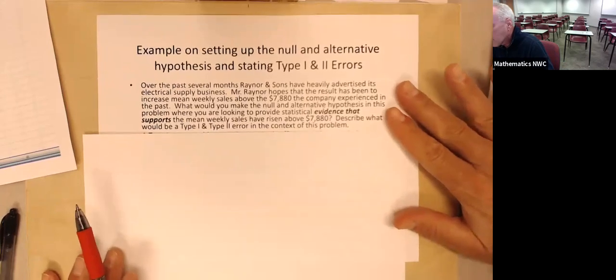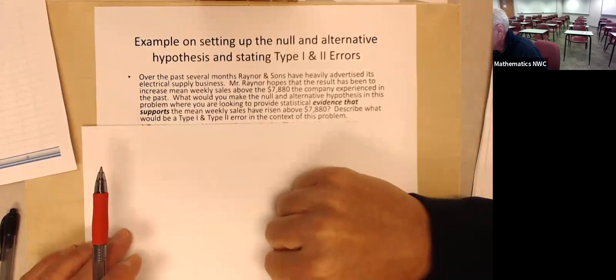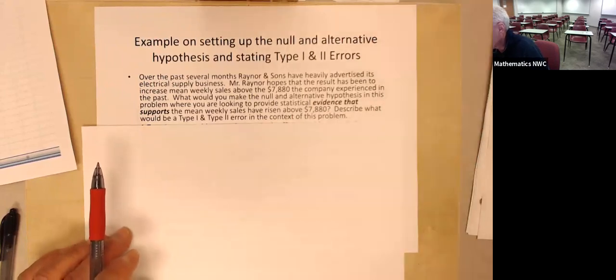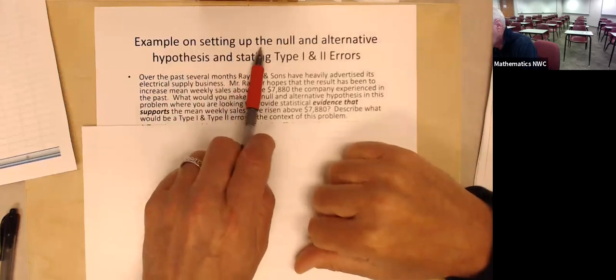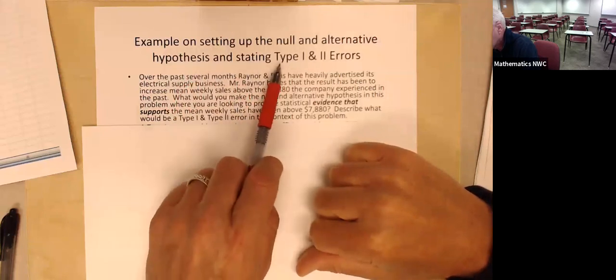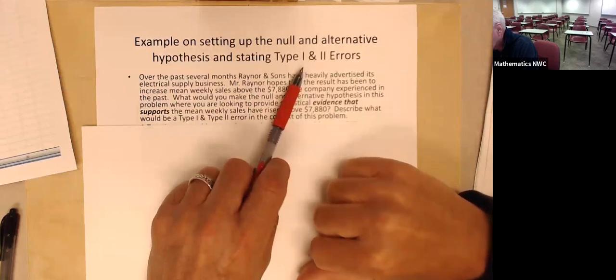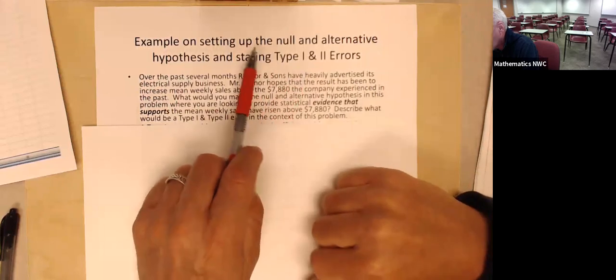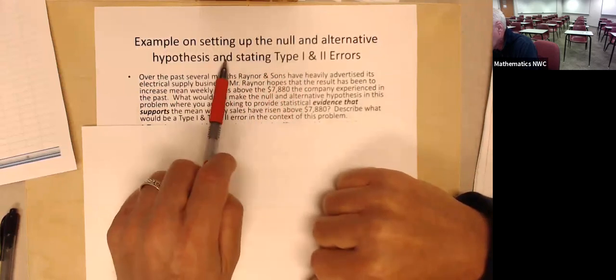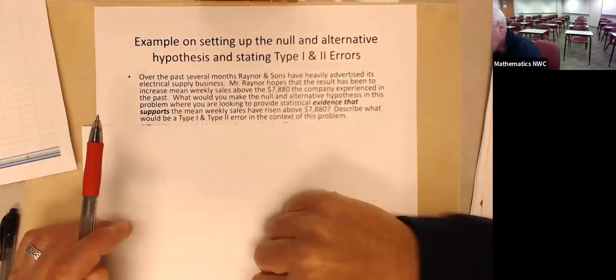We're going to practice right now just doing step number 1 in that set of notes that I asked you to print off. We're basically going to just practice on setting up null and alternative hypothesis. And then we're going to state type 1, type 2 errors. That's going to be the only thing you have to do on this first assignment, which is section 9.1. You'll be asked to set up null and alternative and state a type 1, type 2 error. So here we go with a bunch of examples.